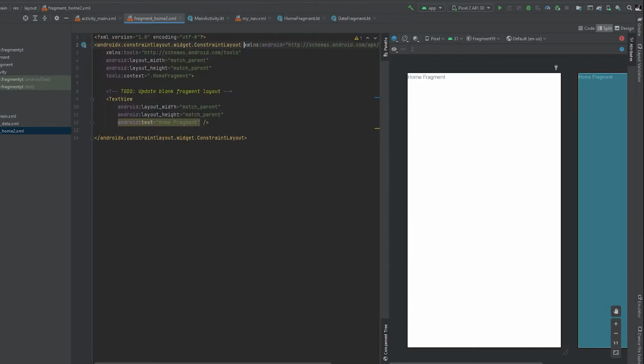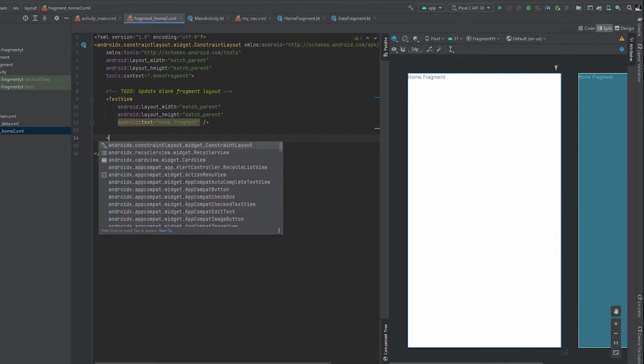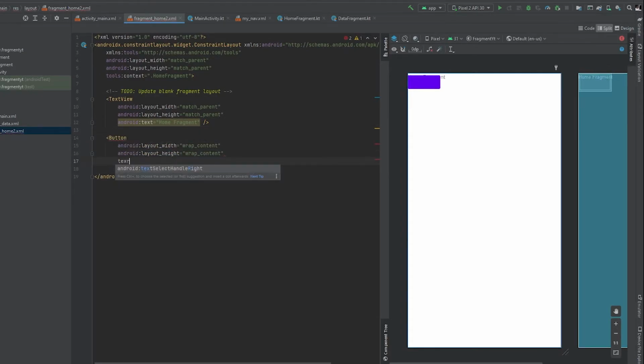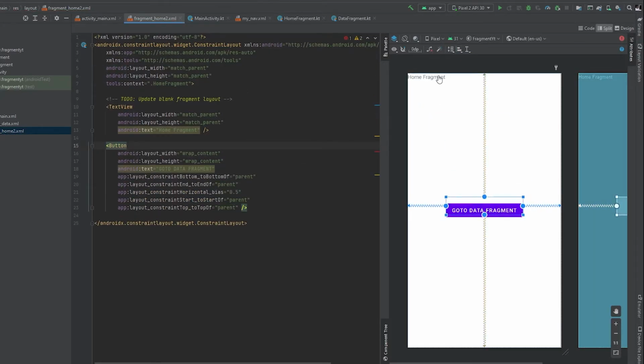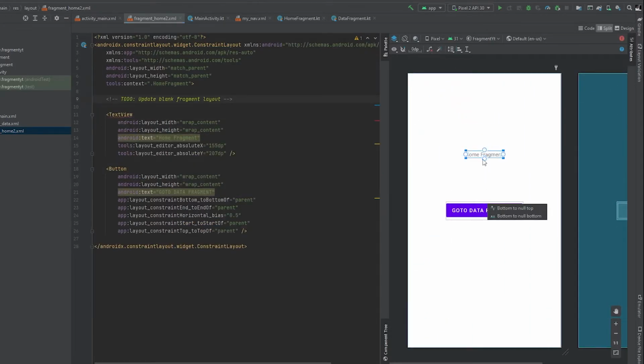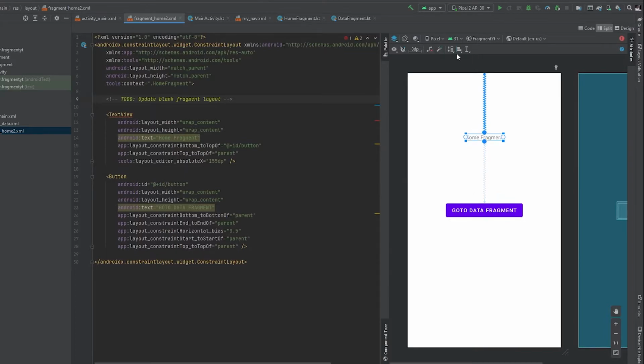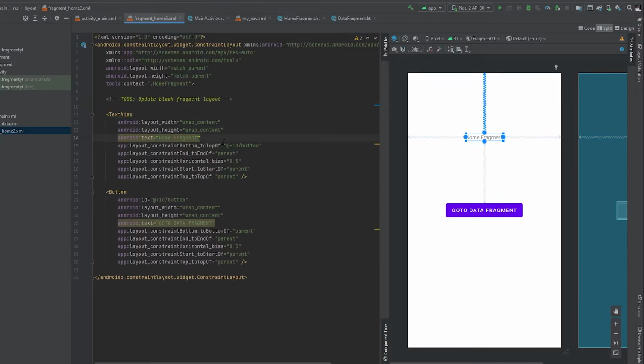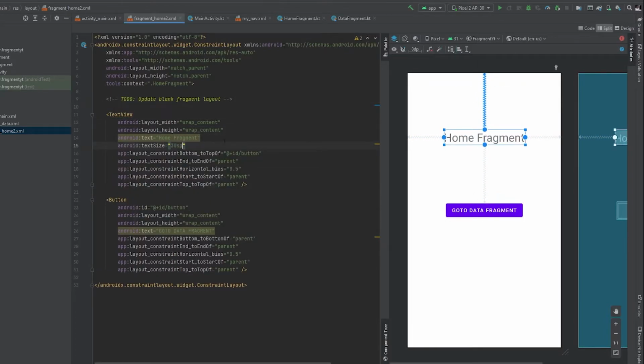So I'll just make it a constraint layout, and I'll add a button as well. Okay, here I have created my home fragment layout.